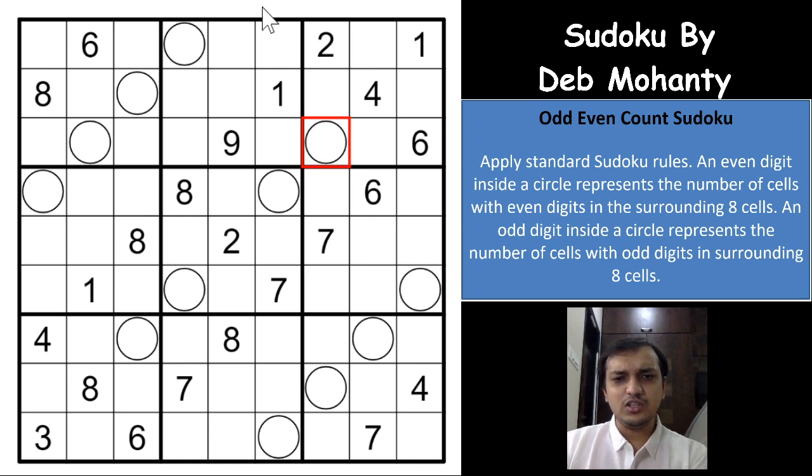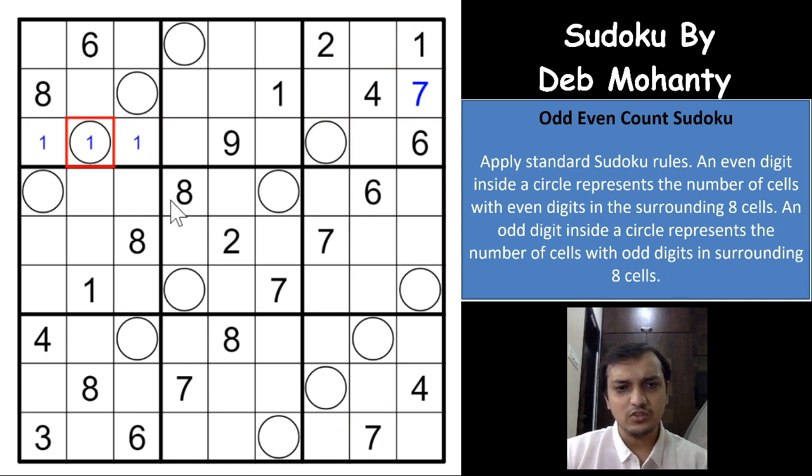We'll try to solve in the classic way first, right? Let us see if the classic will help us. Okay, so the 7 here and the 7 here will give you a 7 here, right? And 1 here will give you a 1 here in these 3 cells. 1 is cancelled out here. 7 will have to be in one of these 2 cells.